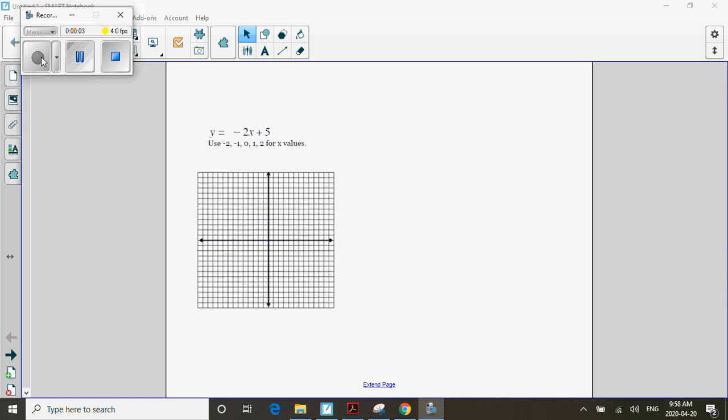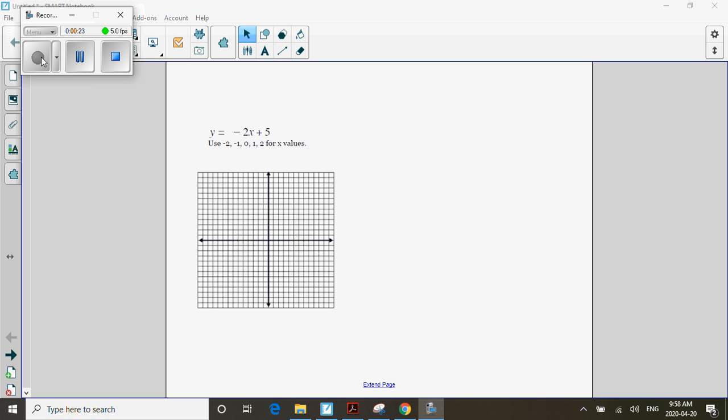Good morning, everybody. I just want to take a moment to show you how you can graph using a table of values in case you don't quite remember. In elementary school, it may have been called a T-chart. So what happens is you have your equation, y equals negative 2x plus 5, and it says use negative 2,